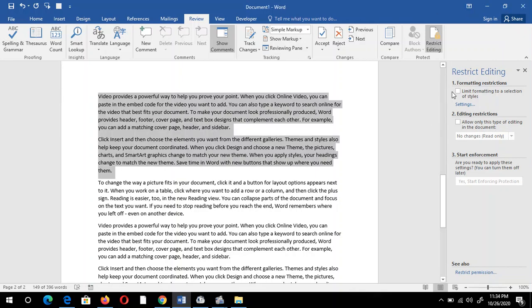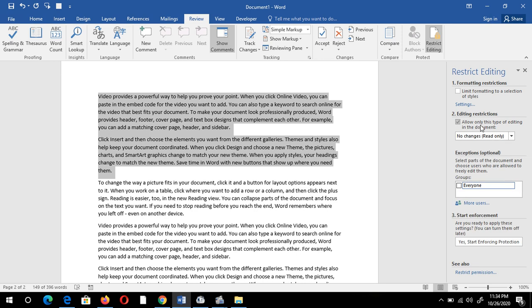From this dialog box, I am going to select the option Editing restrictions: allow only this type of editing in the document. If you want read only, then by default it is read only. Otherwise, you can select any one of them.